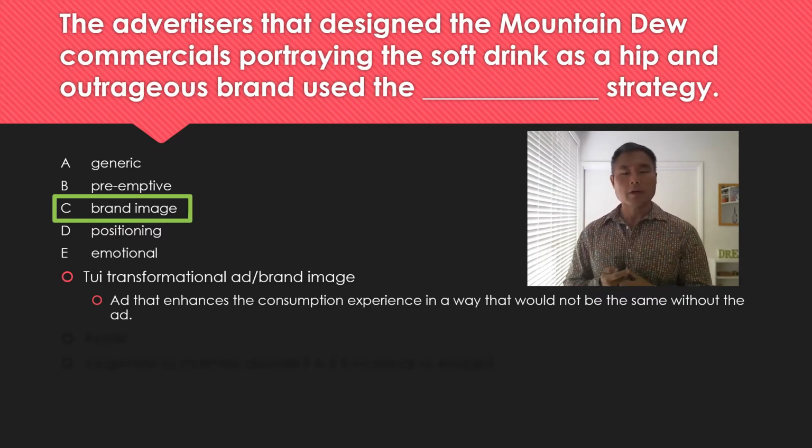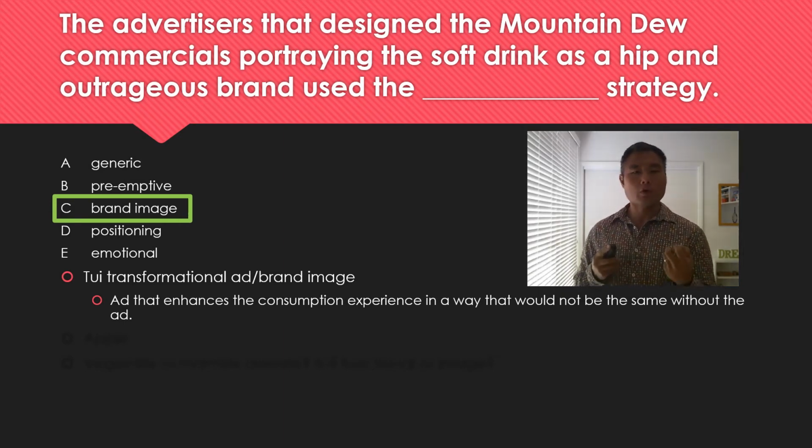So if you think about all the brand image type of ads that you might see that really build up the experience of using a brand, the way you approach the brand and the enjoyment you may get from using that brand would not be the same if it were not for the brand image building ads that precede your consumption of the brand. Right, and so this is advertising working in a pretty powerful way, because what we're saying there is that,